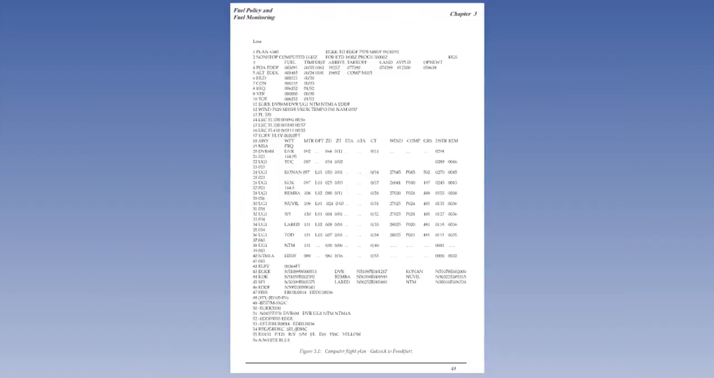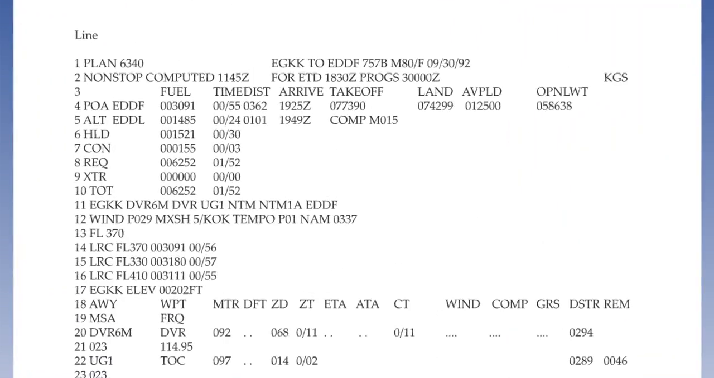To see how this is included in a computerized flight plan, look at the flight plan on the screen. The plan is for a flight from Gatwick to Frankfurt, with an alternate at Dusseldorf. At the end of line 2, the letters kgs indicate that the units of weight being used are kilograms. Line 4 shows that the fuel required from EGKK to EDDF is 3,091 kilograms. Line 5 shows that the fuel required for a diversion to Dusseldorf is